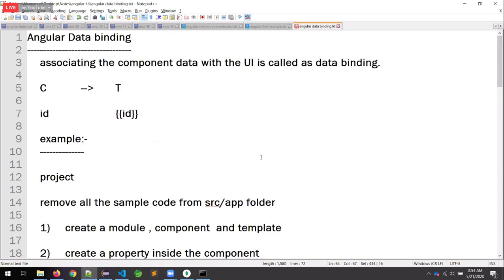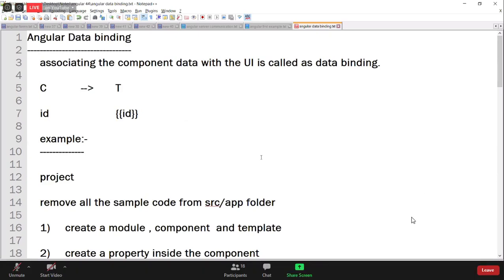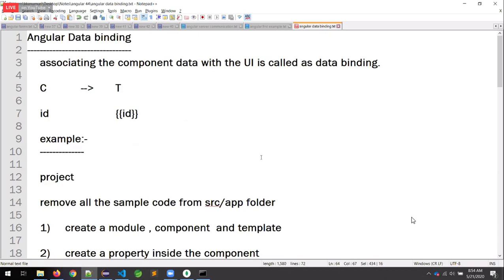Now I am asking the question. What is data binding? Sending the data, providing the data, or associating the data, whatever the word. I don't give importance to definitions, but for understanding, from where to where does the data flow? Only from the component to the template is one-way data binding. Component to the template and template to the component is two-way data binding.